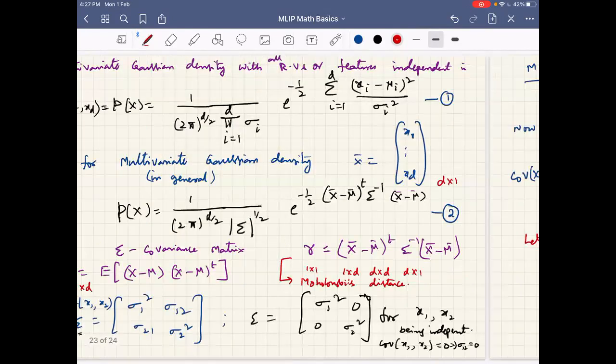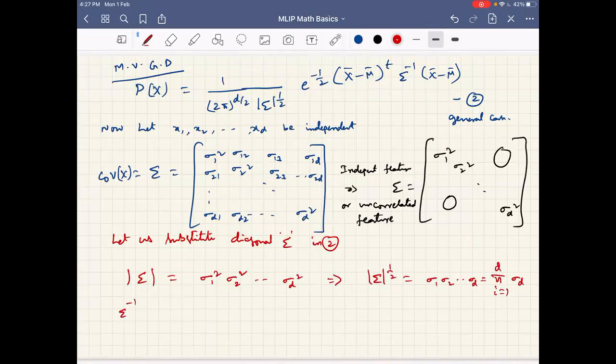Now let us move on to the computation of sigma inverse. What is sigma inverse? For any diagonal matrix, the inverse is the inverse of the diagonal elements: 1 by sigma 1 square, 1 by sigma 2 square, and so on, 1 by sigma d square, because the other elements are 0. The inverse is simply the inverse of the diagonal elements. Before we directly substitute, let us compute